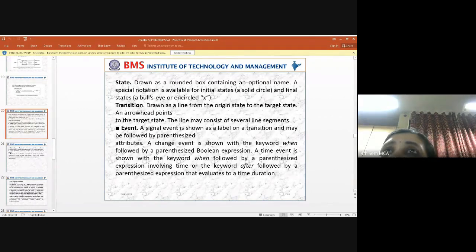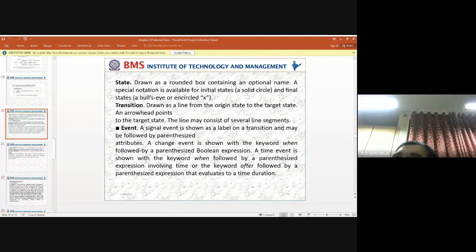Next is an event. So what is this event? We have come across various types of events. Either it can be a signal event, change event, or a time event. All these we indicate depending upon the system, how the transition has to be followed. If it is a signal event, the transition is handled with respect to the attributes.